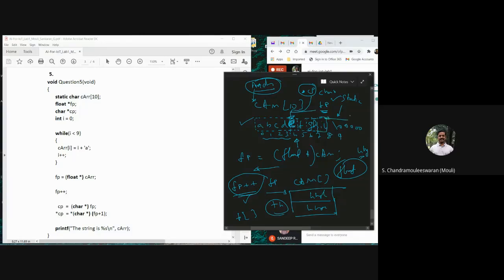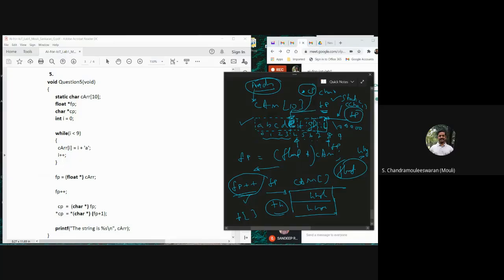So FP will now point to where the I is stored. Okay, E is 4, 5, 6, 7. So 8. Now FP is pointing here. FP plus 1 will bring the FP here. I convert that address also to character star. Now this pointer is also made a character star. And then I do a dereferencing star. Then I am accessing the character stored at that address, which is I.